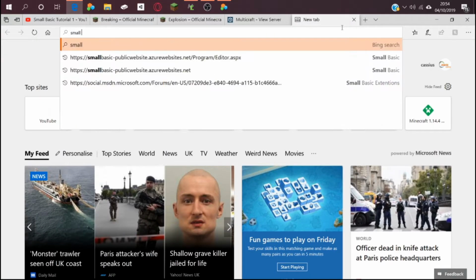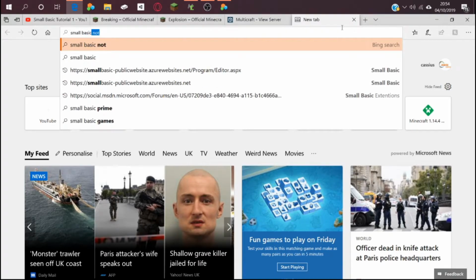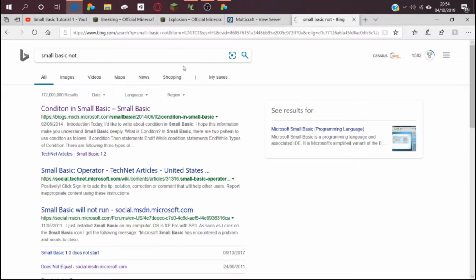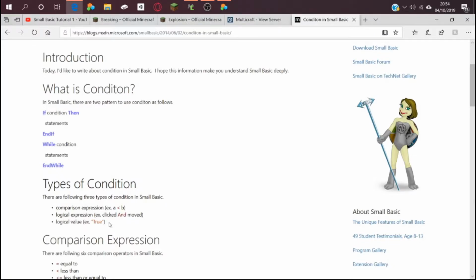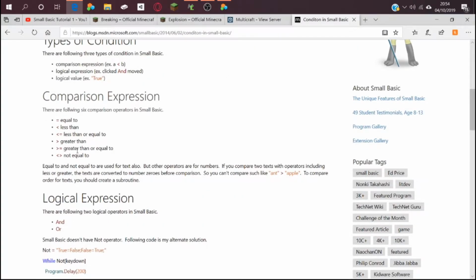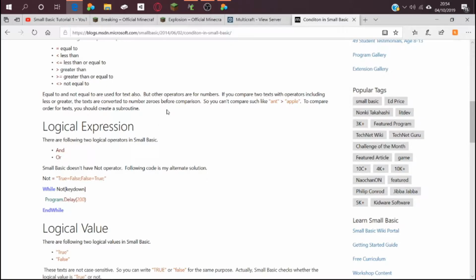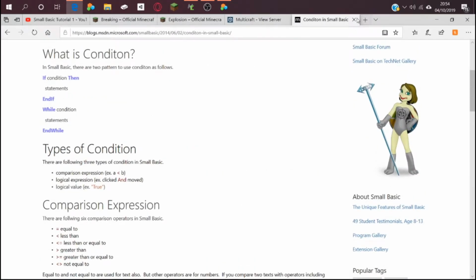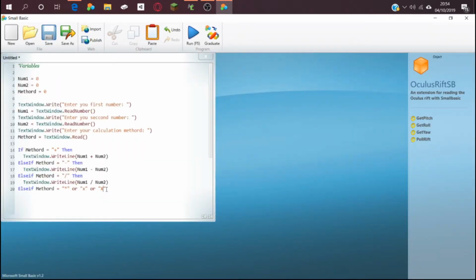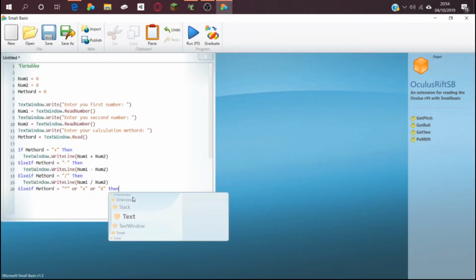Now let me double check that I've got the conditions correct. So I'm going to look at conditions in Small Basic, and then it will go to or less than, greater than, not equal to, logical operators. So okay, so it will be or, and then